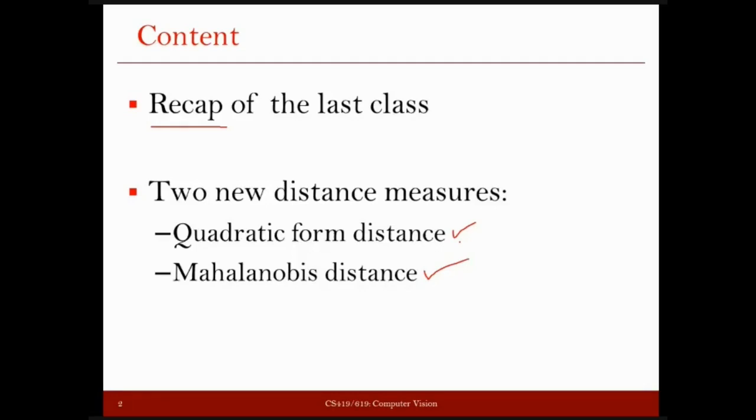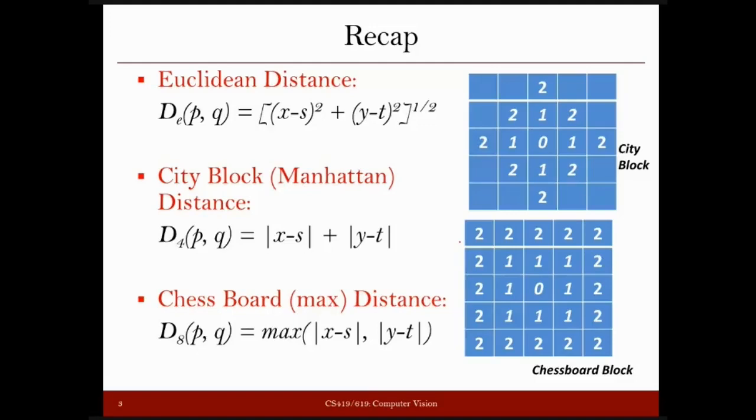So let us first have the quick recap of what we did in the last class. In the last class we defined these distance measures. We defined Euclidean distance, we defined city block distance, we defined chessboard distance, and the formula that you see here is just for 2D, but we saw how to extend this for an ND case, right? We define this with the help of LP-norm. We saw that using LP-norm, all these distance measures can be defined, and they can be defined for an n-dimensional vector, or sorry, I mean k-dimensional vector.